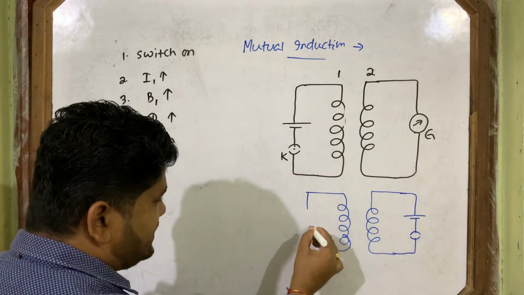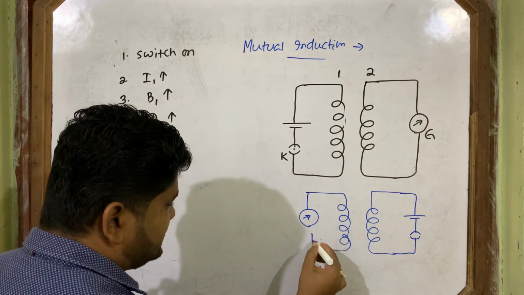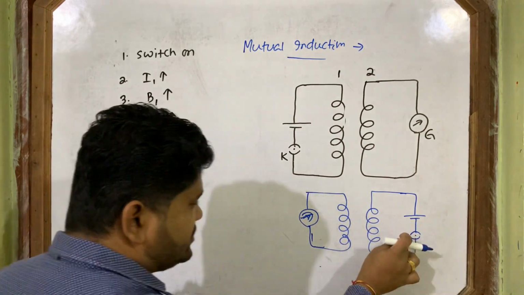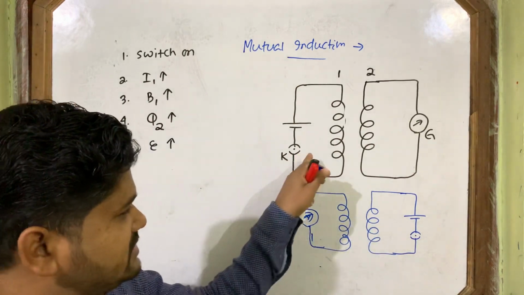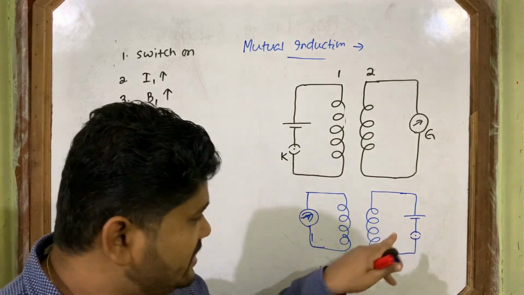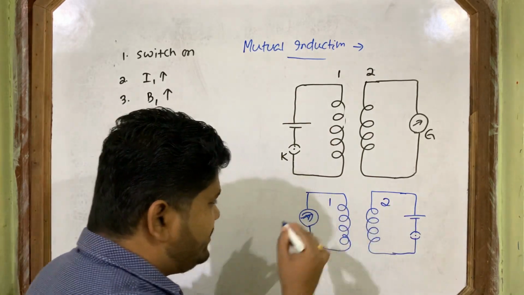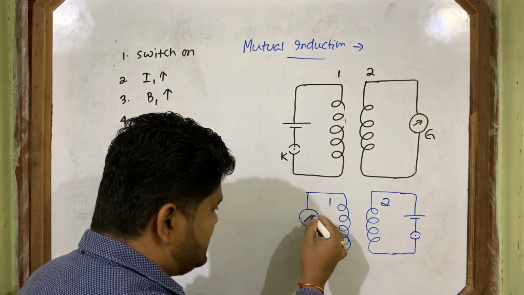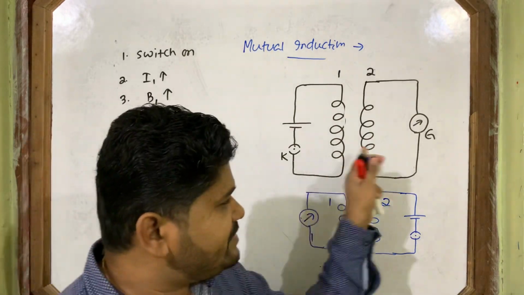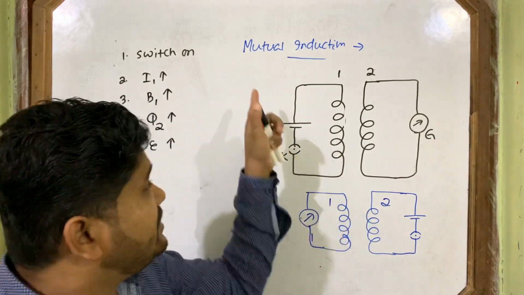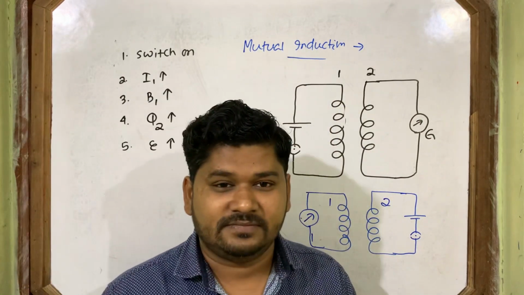So what happens in this first coil? If a galvanometer is connected, it shows deflection when the switch here is on. When the current in this coil changes, current is induced here and passes. When the current in the second coil changes, current is induced in the first coil. Here this is the galvanometer. No cell is connected here, but still current passes. The situation is just reciprocal. Hence the name mutual induction.